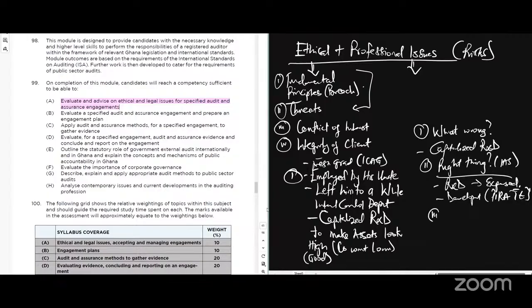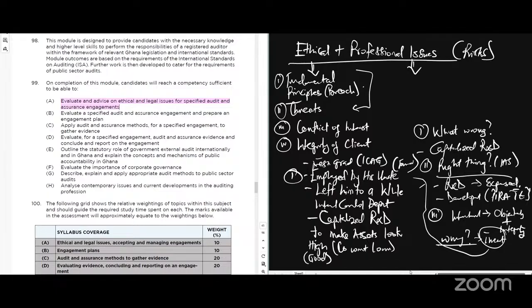And you are going to check whether what he did was intentional or unintentional. If this thing was intentional, are you getting it? Then he breached objectivity and integrity, because he's lying. Do you understand? If you did something intentionally, it means you have breached objectivity or integrity. And why would he breach objectivity or integrity? That means there was some threat there. And the threat is the reason why he would have done that. One, he was employed by his uncle. Being employed by his uncle, he would want to favor his uncle.